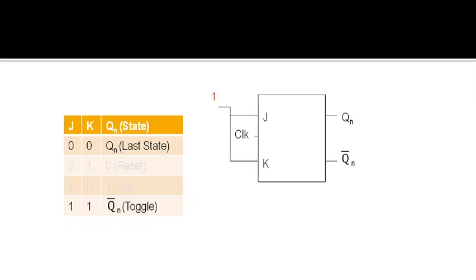Now if we provide the second possible input, that is 1 at this terminal, this high signal will travel to both the ports J and K, and now the JK flip-flop will be in the toggling state. So if it was storing 0 in the previous clock cycle, it will turn to 1, and if it was storing 1, it will turn to 0. So in a nutshell, we have only two possibilities of inputs. So 0 1 and 1 0 are not available in this form. So we shrink the truth table to this form.